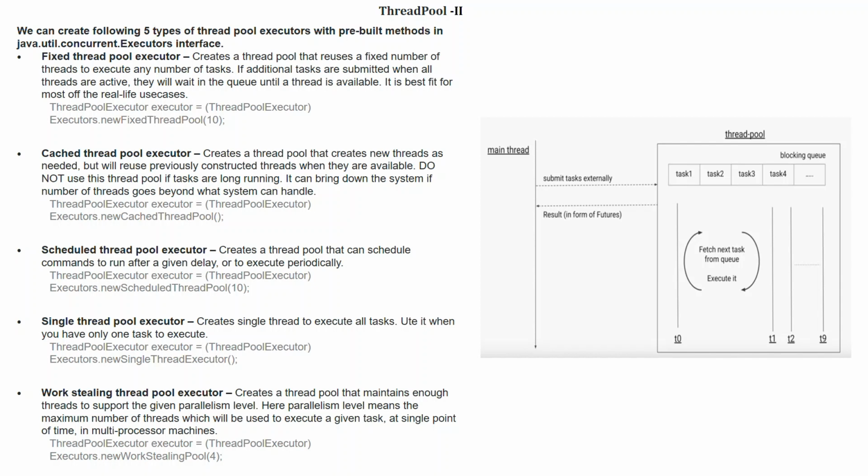Cached thread pool executor creates a thread pool that creates new threads as needed, but will reuse previously constructed threads when they are available. Do not use this thread pool if tasks are long-running. It can bring down the system if the number of threads goes beyond what the system can handle.